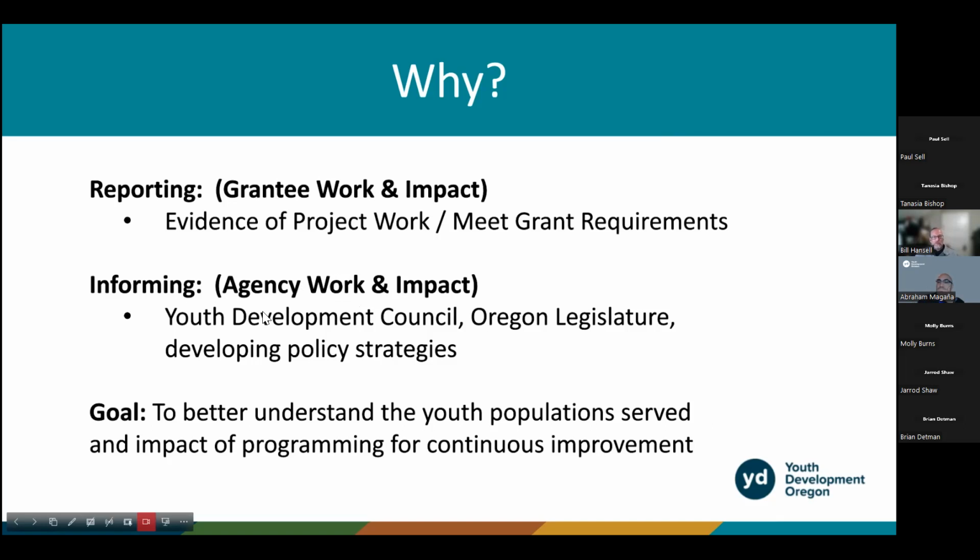We compile data annually, and then as the biennium total, and that data is shared with our council, the Youth Development Council. We use it in presentations to the Oregon legislature. That's really important. As like this biennium, we had so many applications, far exceeding the amount of funds that we have. And so as we show data, it's used to advance policies and ultimately